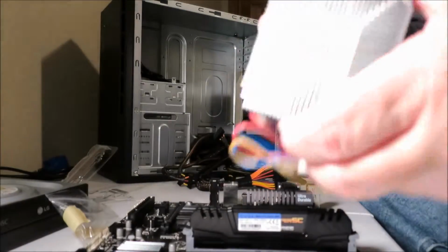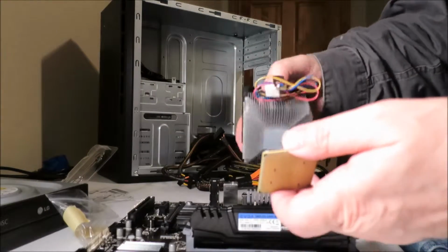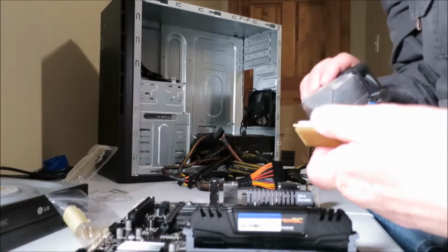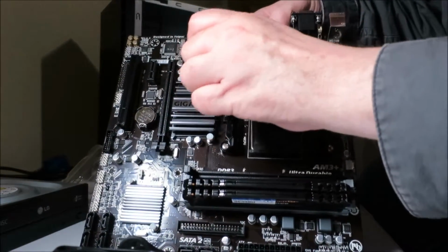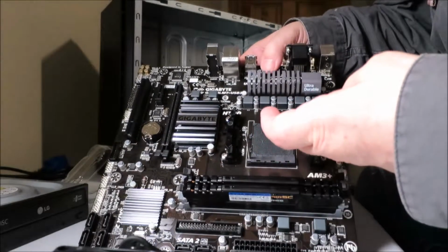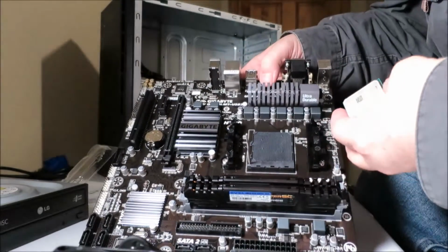Alright, so it's important to put this in right the first time. What happens is it goes this way into the slot, and there's only one way to put everything in. Let me show you this here. This is where the processor goes, and you can see all the little spots for these little pins here. And again, there's only one way to put them in. So let's take a look here. You see the little golden arrow on one end. You got to match that up with